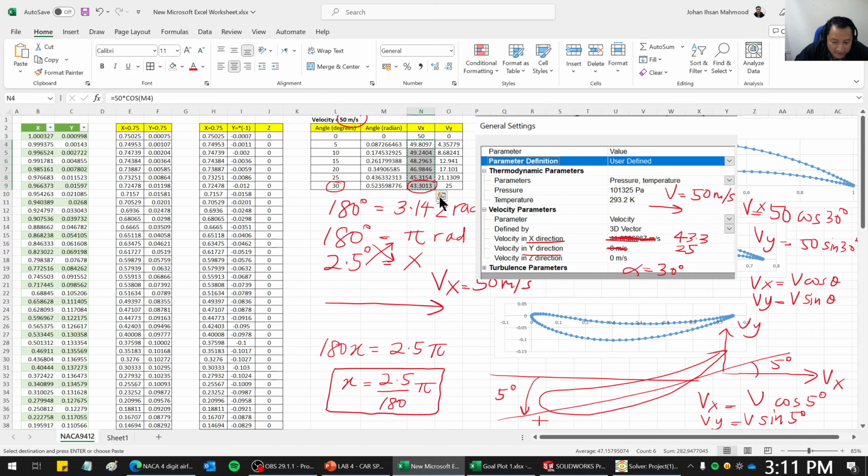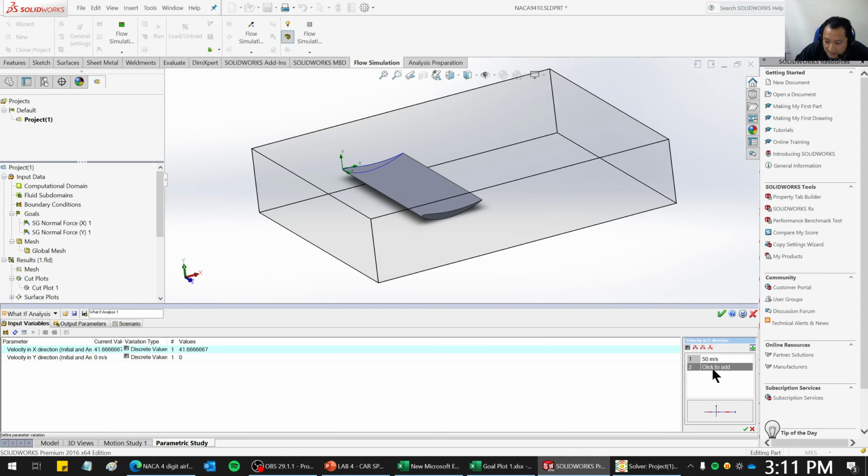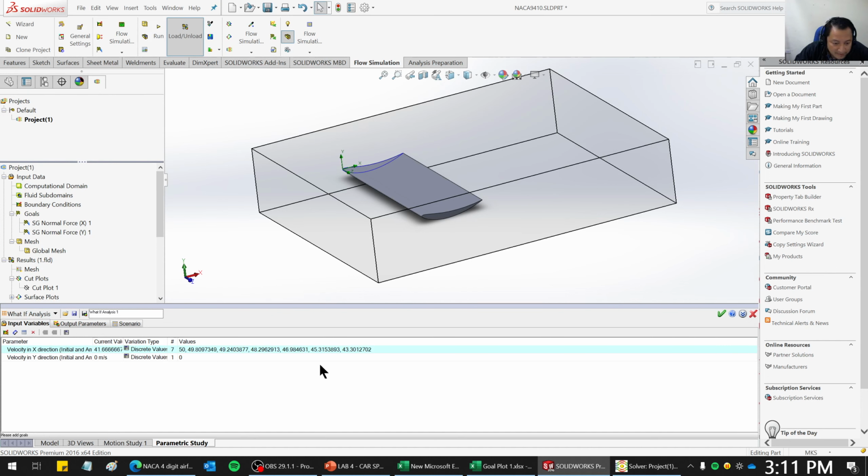Can I highlight this one? Control C, Control V. See? Everything has been put in. I've got a few data here, and then in the y direction,